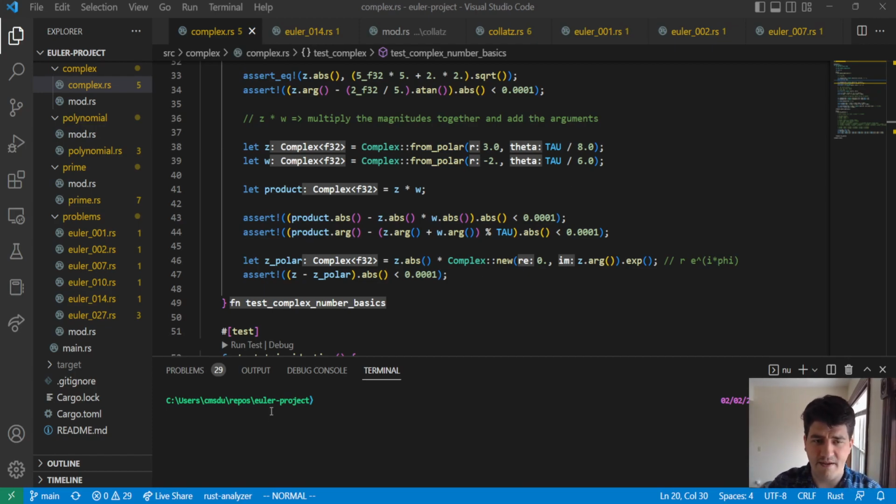I also brought Bevy into this because I think the best way to make sure that something like this works, like we'll write some unit tests, but I think the best way is to actually code up a little thing. So let's just get started and see how we do.